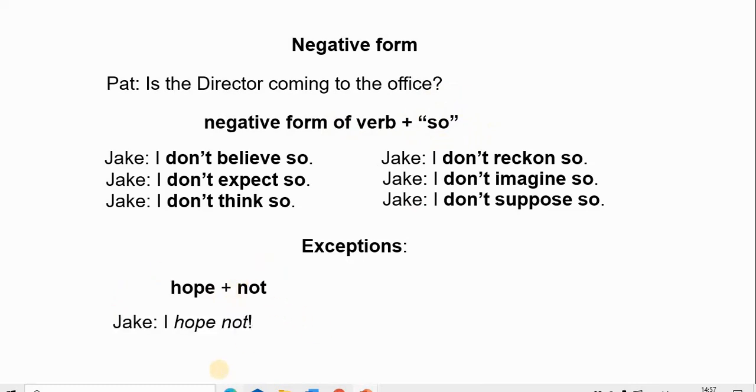And Jake replies, I hope not. Is the director coming to the office? I hope not. So here this means I hope that the director is not coming to the office. Alright? And it is the same with